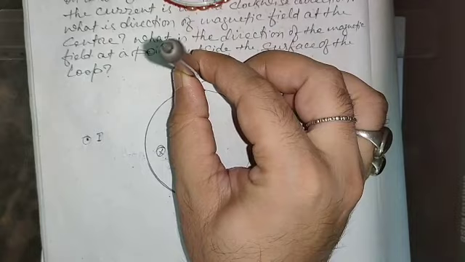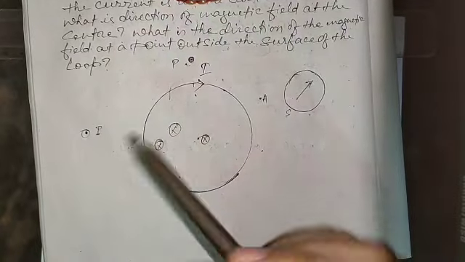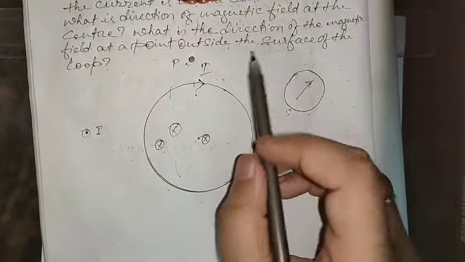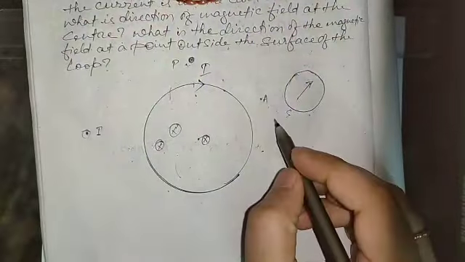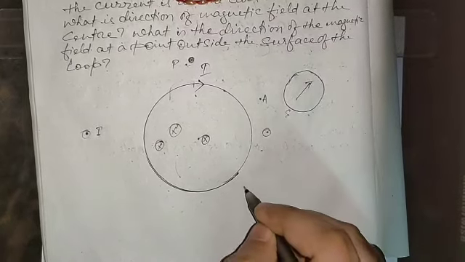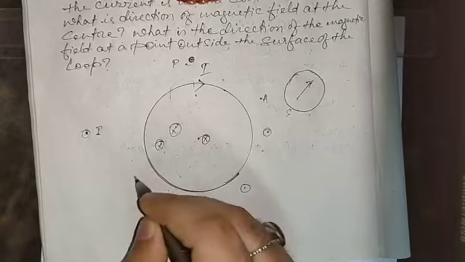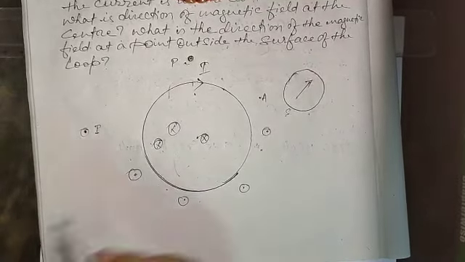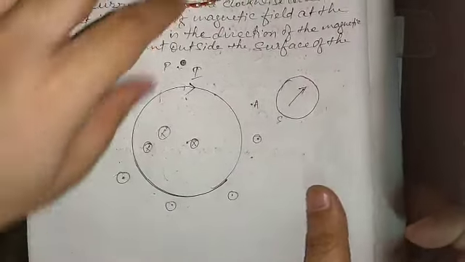I hope that you people are understanding. Perpendicularly up. Okay, so at any point you just check, you will get the same thing. Like if we make it like this, again see, perpendicularly up. At any point outside the circle, it will be dot filled. Everywhere it will be dot filled. So I hope this question must be clear to you people also.